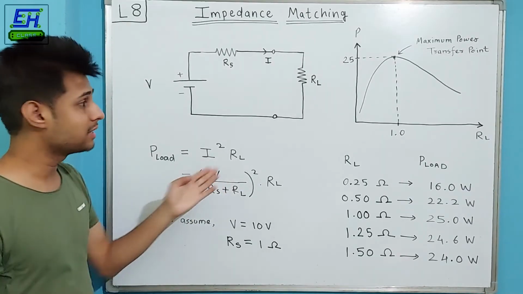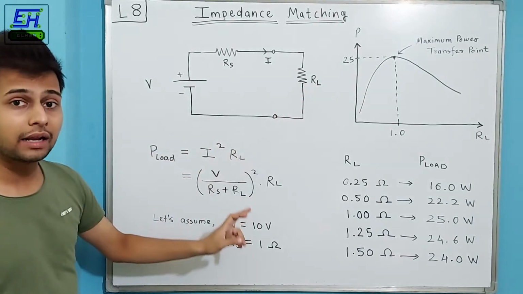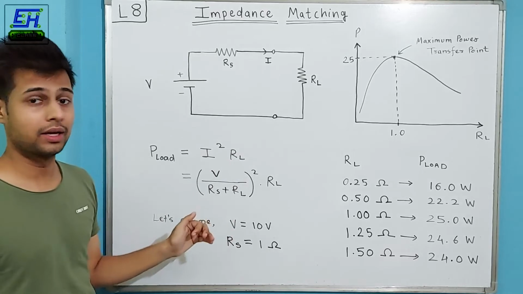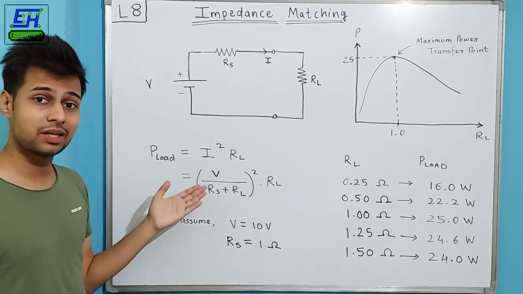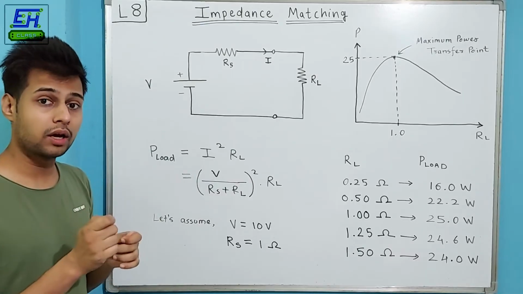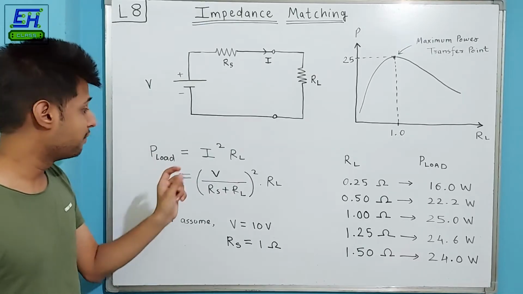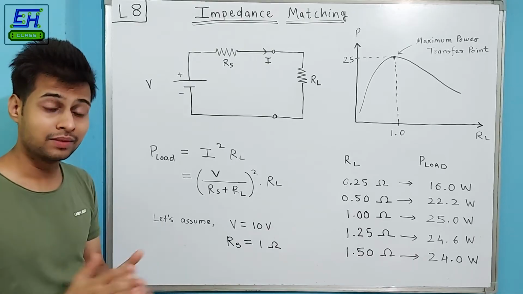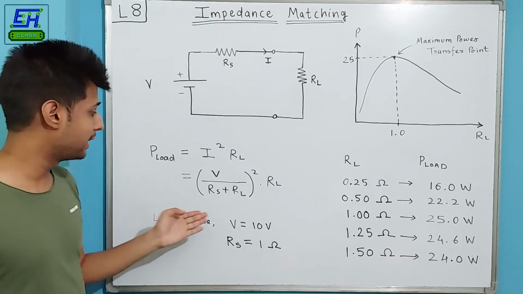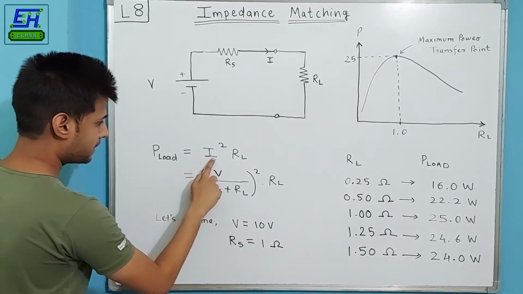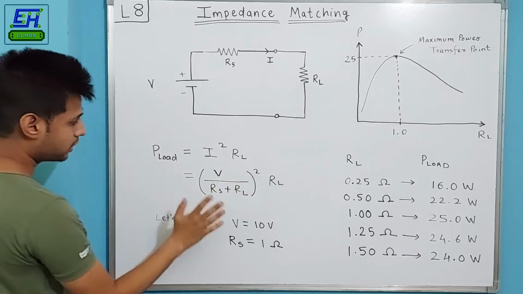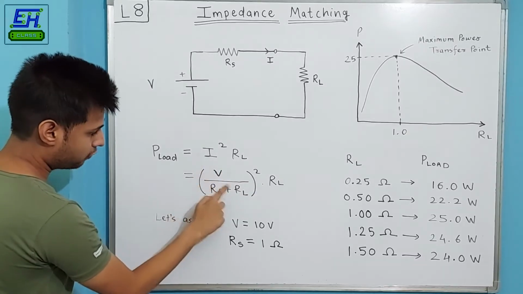And similarly, when we decrease the load resistance RL, then we'll increase the current because we are decreasing the path resistance. So definitely there is an opposite relationship, and that's why it suggests that there will be a sweet spot, a very equilibrium point where this power will be maximum. And exactly this is how the theorem works, and we'll see using the mathematical equation. So first we'll replace this I, which is the circuit current flowing through both of these resistances, using Ohm's law, where I equals V by R.